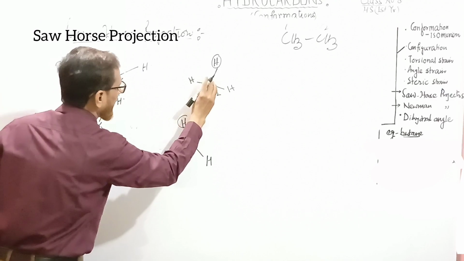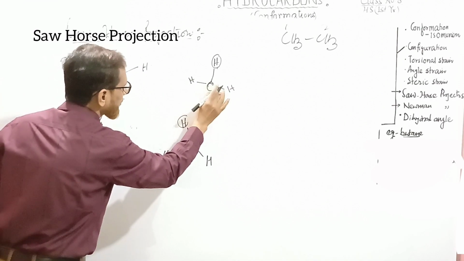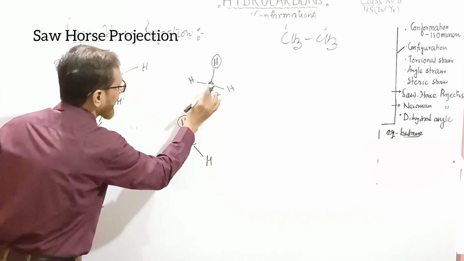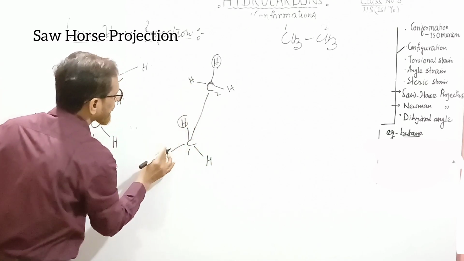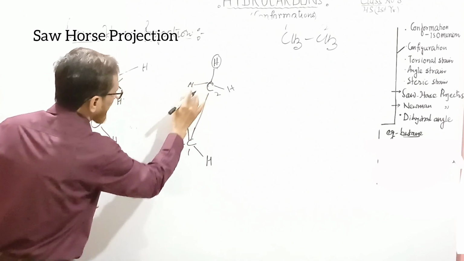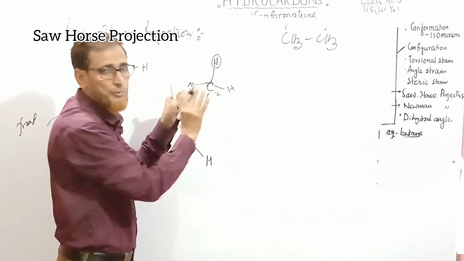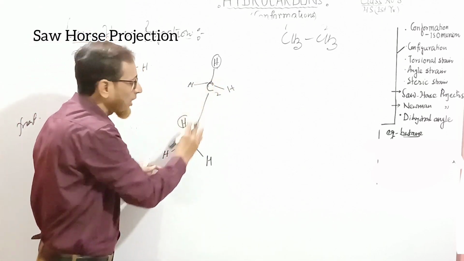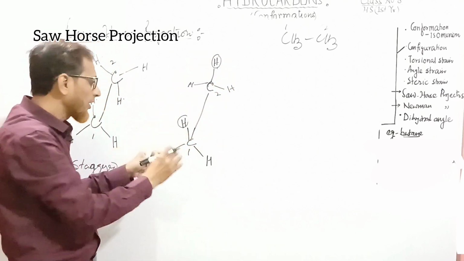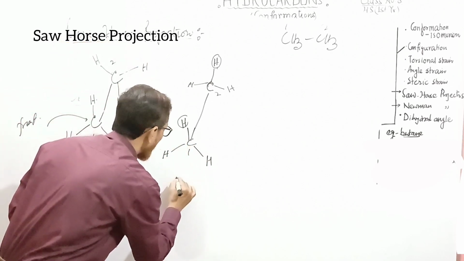If placed here, that is very close to this one. When the carbon is placed over this one, the hydrogen is exactly adjacent to this one. When you place this carbon here, that hydrogen comes over here, and it is more or less very close to this one. However you arrange, you arrange in such a way that when you place carbon 2 upon carbon 1, all the hydrogen of carbon 2 will be more or less very close to the hydrogen of carbon 1, and that one is called eclipsed